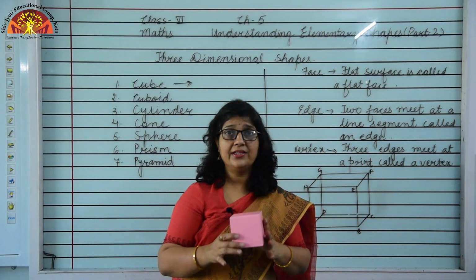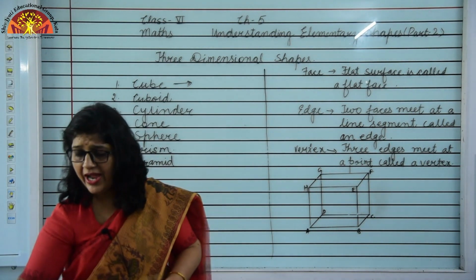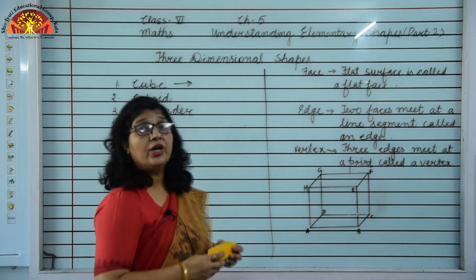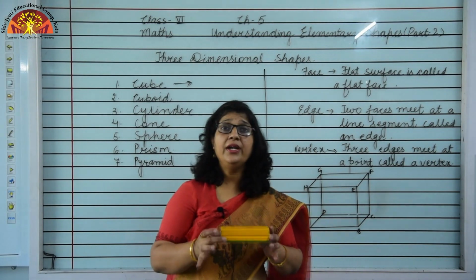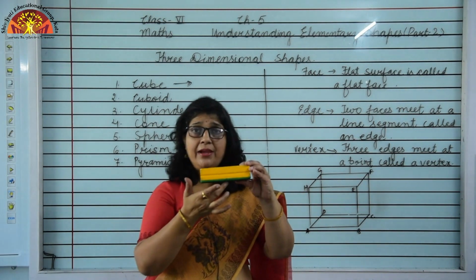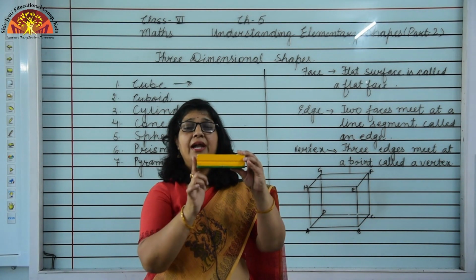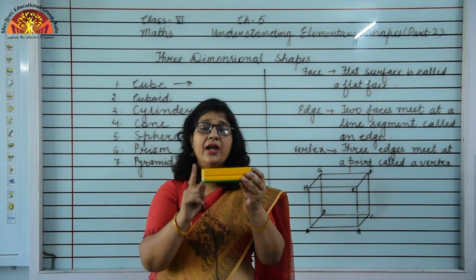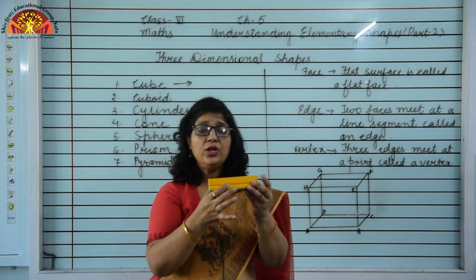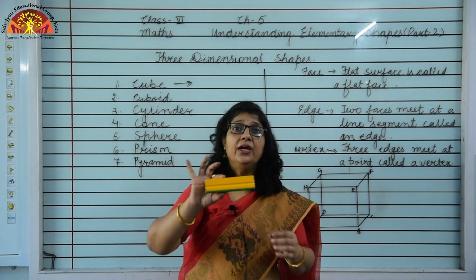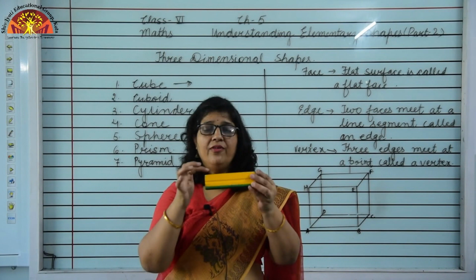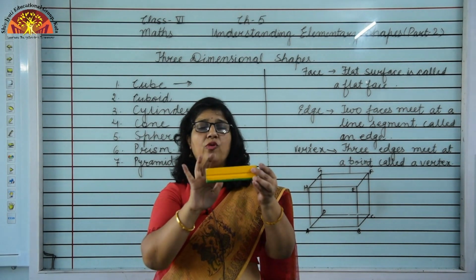8 vertices are there. Now students, we have a cube. Second figure is cuboid. So in a cuboid, we have top and bottom same, and right and left faces are same, and back and front are same. Understood? So this is the cuboid, and in this we have also 6 faces, 1, 2, 3, 4, 5 and